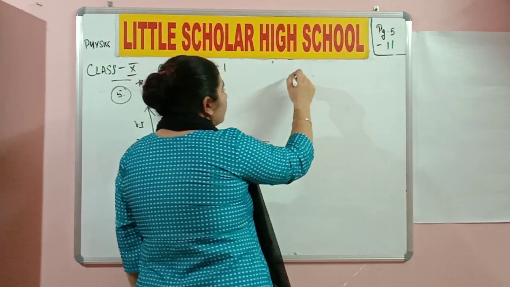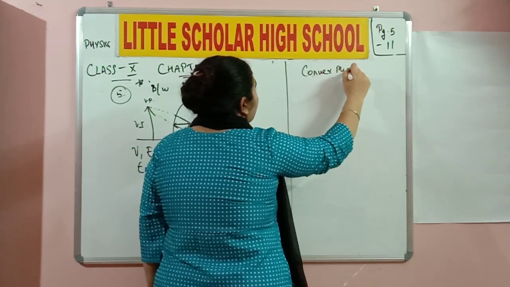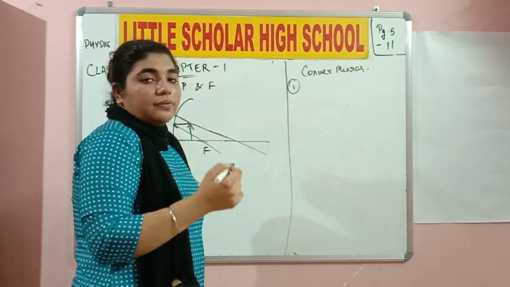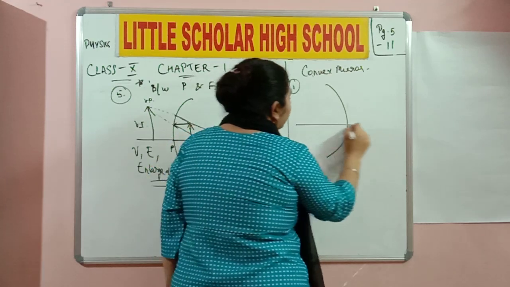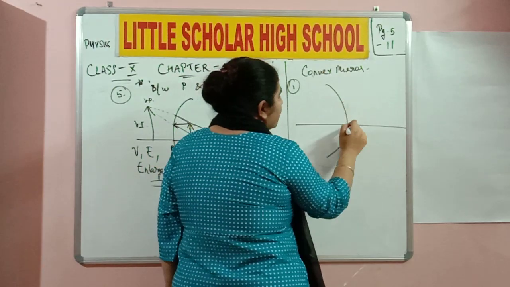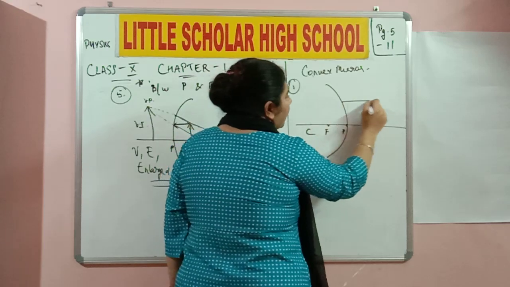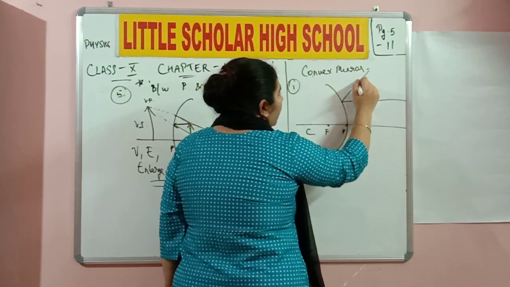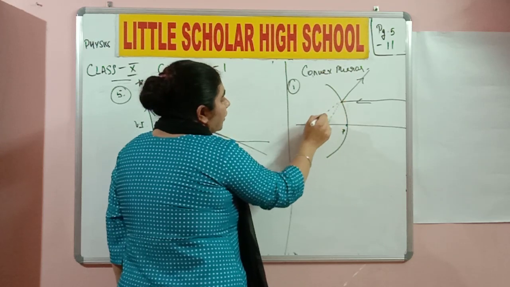Now we have three rules to help us understand the ray diagrams of convex mirrors also. Okay, there were three rules when we understood the concave mirrors. Now we have three rules to understand the ray diagrams of the convex mirrors. So if this is my convex mirror, remember the rays are going to be projected on the bulged portion. So if this is the pole, this is the focus, this is the center of curvature. So if there is a ray which is parallel to the principal axis, the reflected ray is going to diverge. Okay, it is going to diverge in such a way that it appears as if it is coming from the focus. Did you understand now?